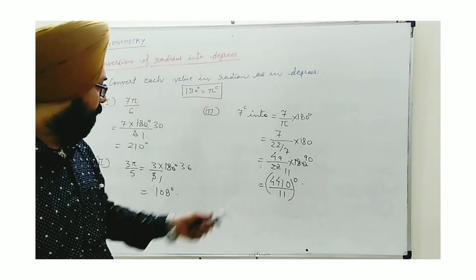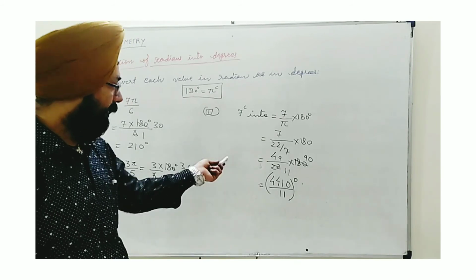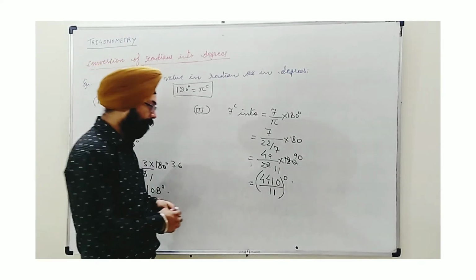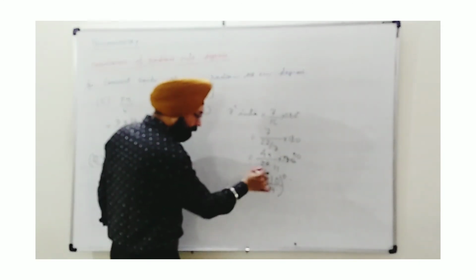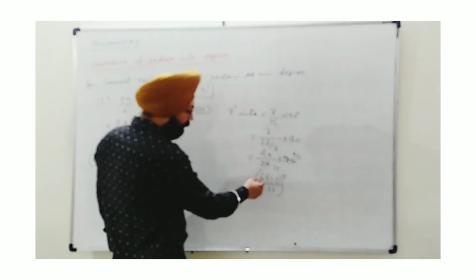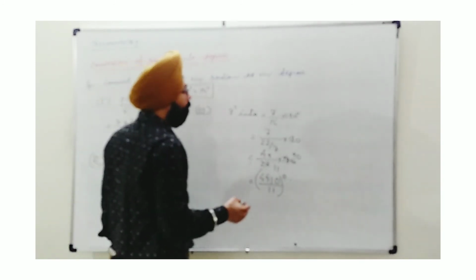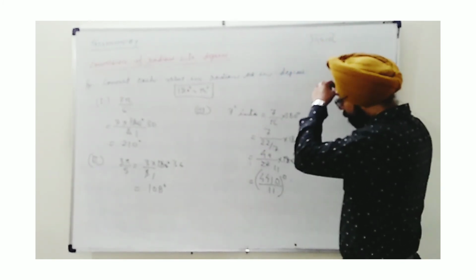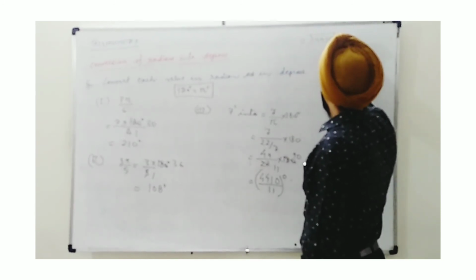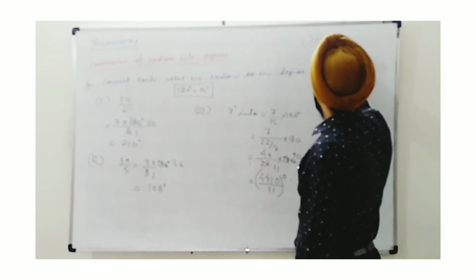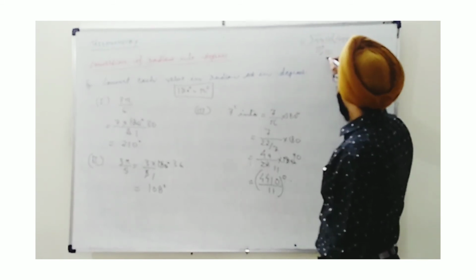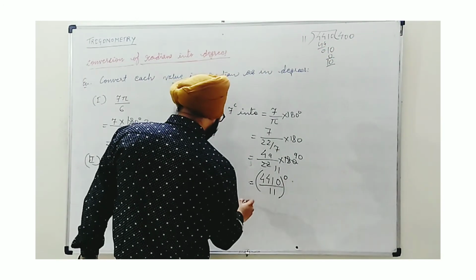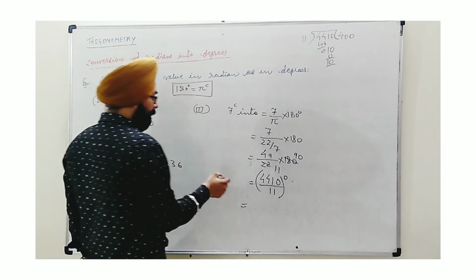Suppose it is mentioned that we need to convert that in minutes and seconds. Then we can continue. Otherwise, minutes and seconds, this also in continuation, I will say. It's not a compulsion, just for your knowledge. First of all, divide this 4410 by 11. If I divide 4410 by 11, you see 400 as the quotient, 10 as the remainder.